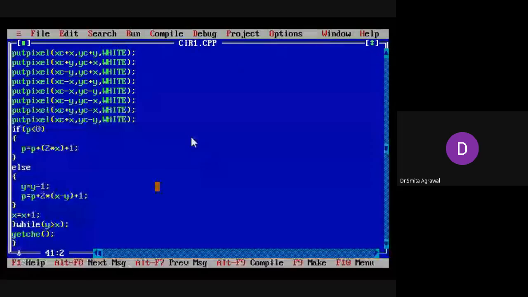Let's say the center is 300, 300 and the radius is 80. Now you can see the result, how the circle is displayed on the monitor. So this is the outcome and result of the midpoint circle drawing algorithm. I hope you all have understood this algorithm. Thank you.